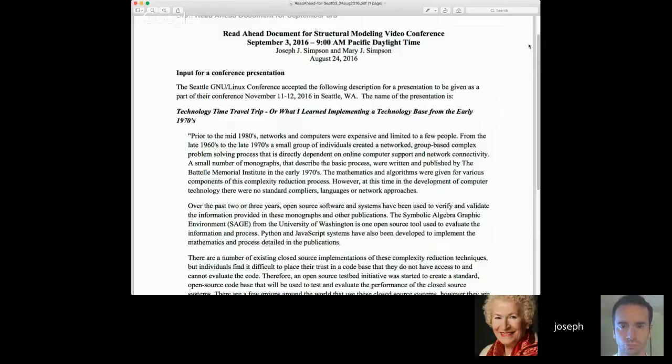So this talk will be about how to use open source to facilitate this specific activity and how it fits into the structural modeling approach now, and how we can use it to further develop the structural modeling and ISM methods. So that's kind of what the read ahead was about, and what I'm going to be doing in November.